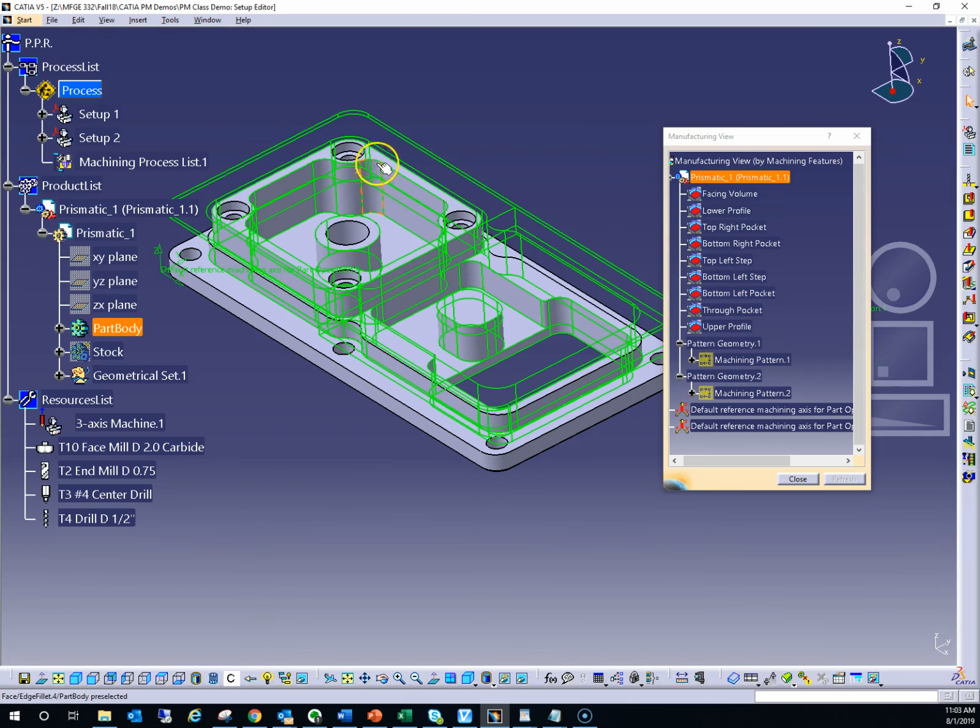The other thing that we talked about is making sure you use the right tools. So as you go through identifying the operations, becoming clear about what are the maximum sizes you can use for a tool to make sure you can remove all the material that you want. The other thing that you need to pay attention to is that when we talk about an operation, in this case we're talking about a volume and a facing volume. If we talk about one of the pocketing or profiling operations, there's a roughing phase as well as a finishing aspect too. So you also have to pay attention to what are the finishes that are required on each face